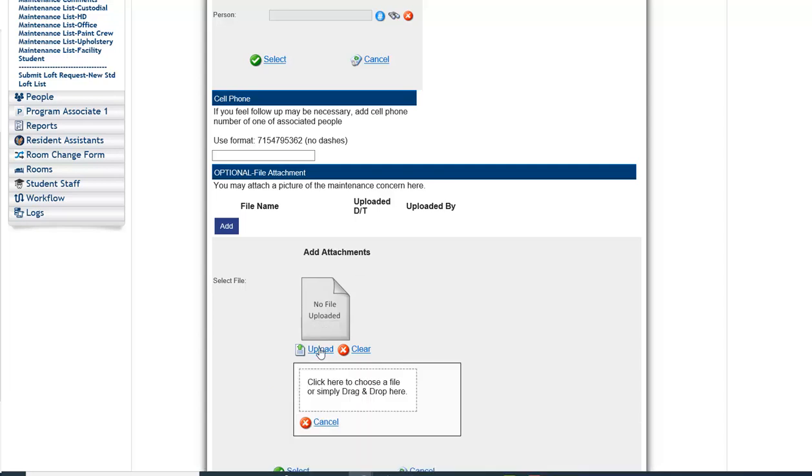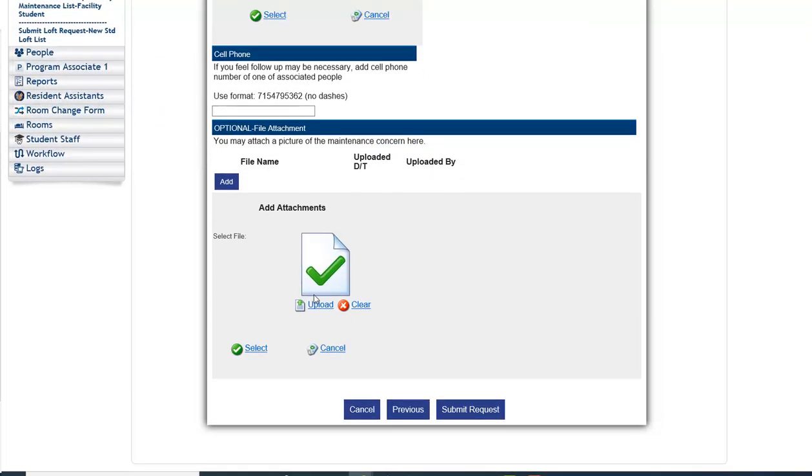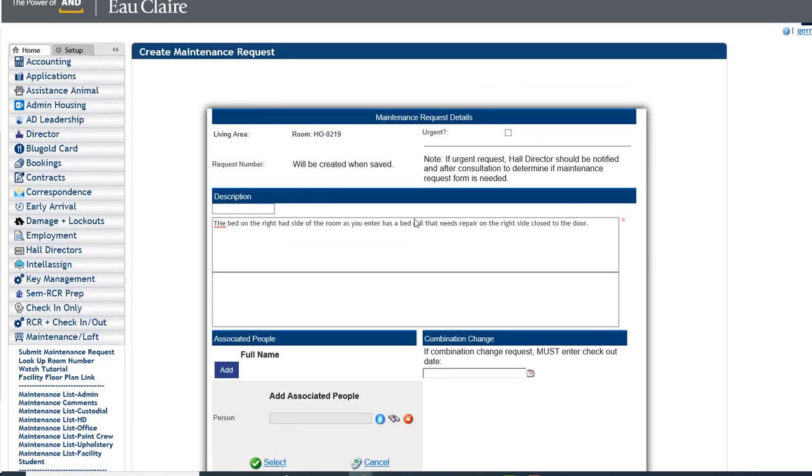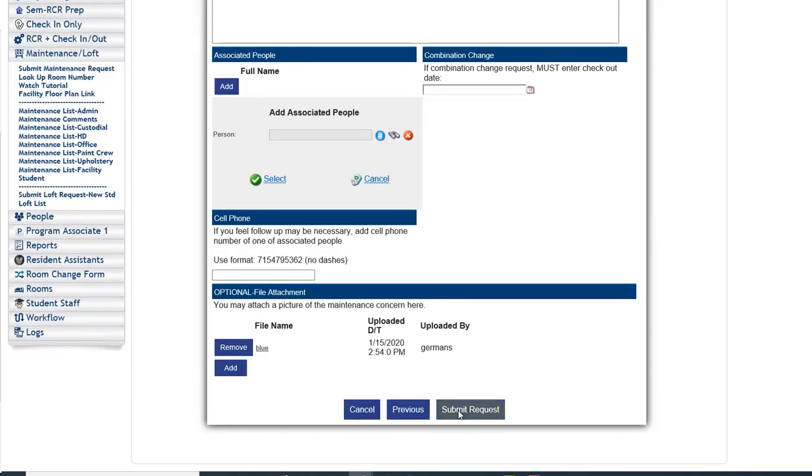You can upload a photo. You can click and drag it if you have it, or you can double click in here and find a picture. I don't know, let's just use this one. I'm gonna say, yep, I wanna attach that picture. Once I got the green check mark box, it means it's uploaded. I need to officially select it here with the select button. There, now my photo is attached. So I have everything designated that I need to, and then I'm just going to click submit,